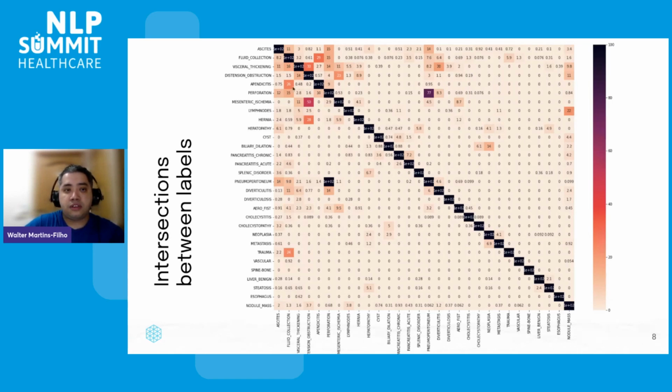And we're looking for the perforation, they have 77% with pneumoperitoneum. Sorry about the pronunciation of this label, because it's like you have this perforation of the abdominal region that put air in the lungs that doesn't need to be exactly on that region. So some classes are more likely to happen with another one. So we need to know which classes have few examples to increase the data set and make a better model.